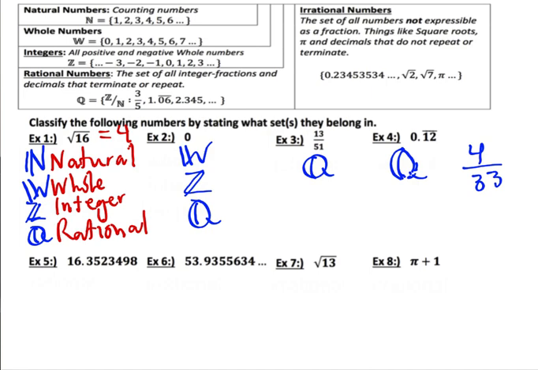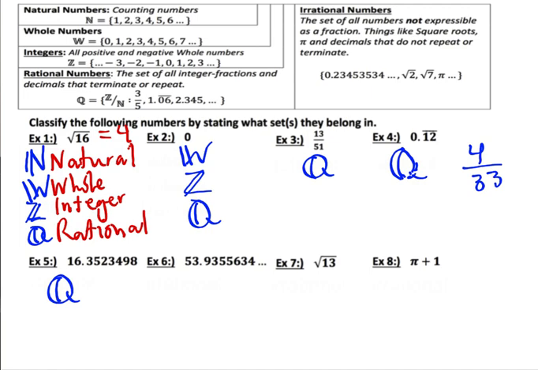16.3523498. Because it terminates, it is rational. If it had gone on forever, then it wouldn't be rational. There isn't an apparent pattern, but it can be written as a fraction: 16 and 3,523,498 ten millionths, which could reduce, of course. Example 6,